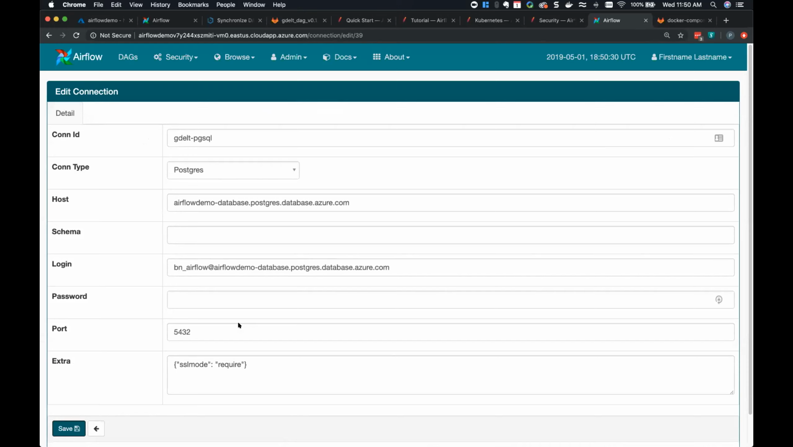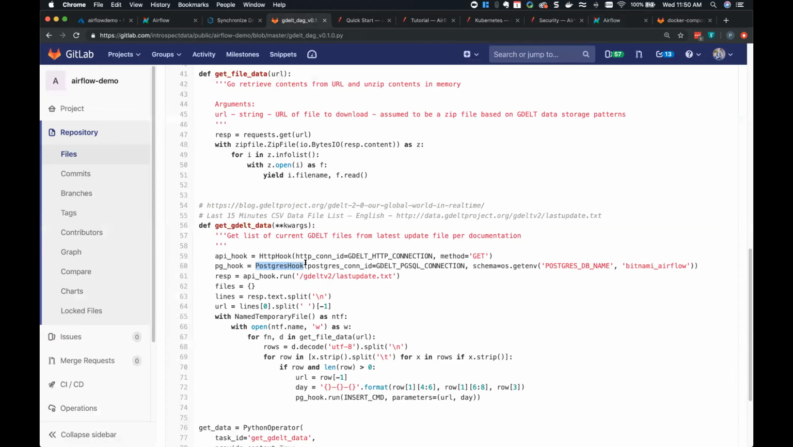The connection type is Postgres. We've given it the host. The login came from the output of that AZ Postgres up command. The password is not filled in because we don't want to change it at this point, but we could change the password that's assigned, tell it the port, and we gave it even the SSL mode require parameter on the connection string. So this builds a connection inside of Airflow,